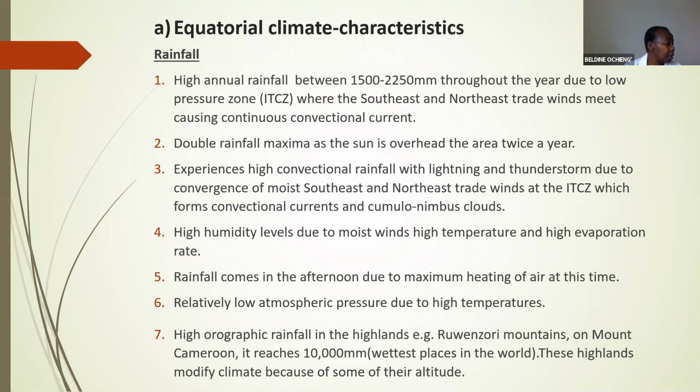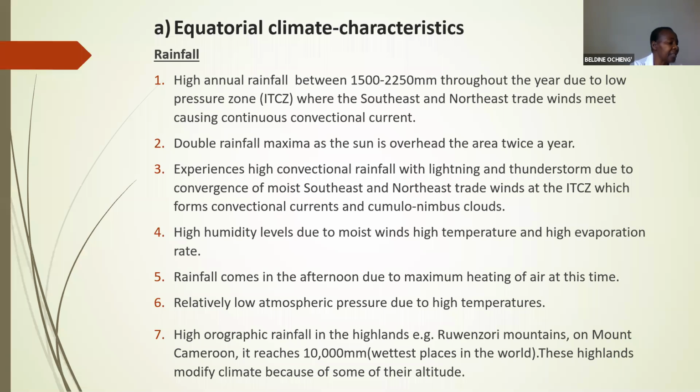Then, relatively low atmospheric pressure due to high temperatures. Where we have high temperatures, obviously, we will be having low atmospheric pressure. And that is the case in our equatorial region, equatorial climate. The next one,